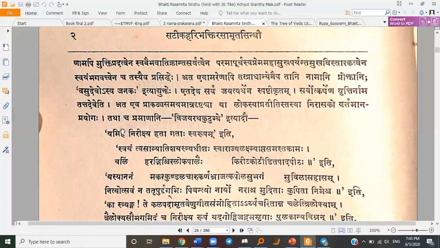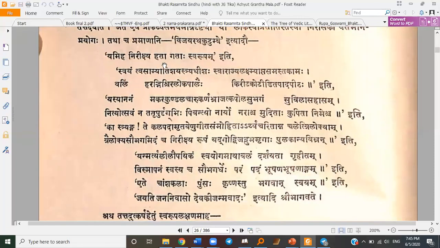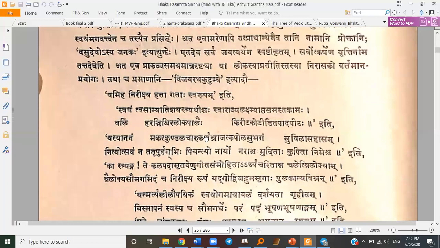Okay, we'll continue tomorrow. Next, Jiva Goswami will be quoting many verses from many scriptures, especially from Srimad Bhagavatam, stating the supremacy of Sri Krishna and how he attracts the consciousness, the mind of the devotees, the people in general even, and how even at the present he can be perceived and he can be pleased. So he'll be giving many references actually.